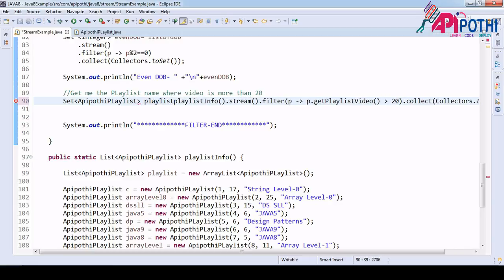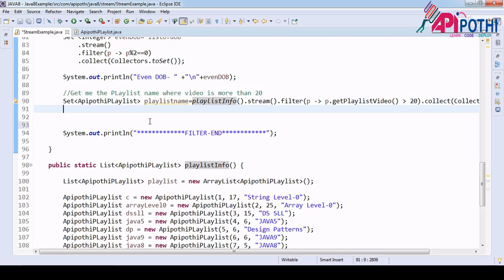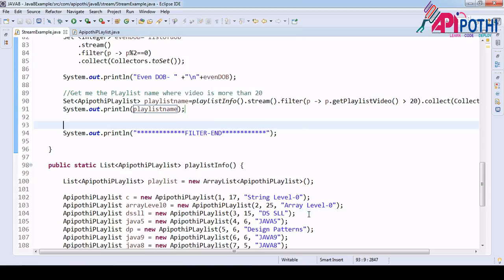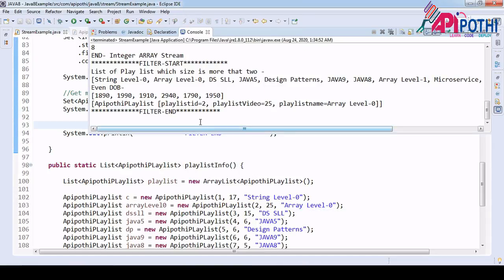Playlist name. Actually it is returning you the instance only. So what we can do is syso playlist.name. This will give you the entire data, the entire object where the playlist number of video is more than